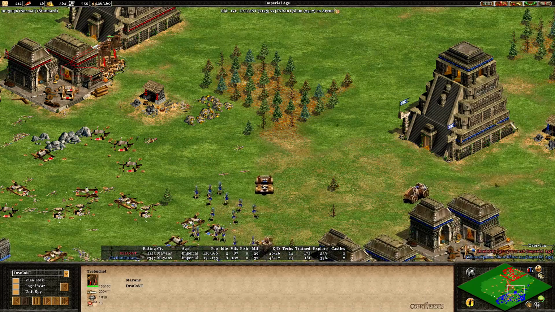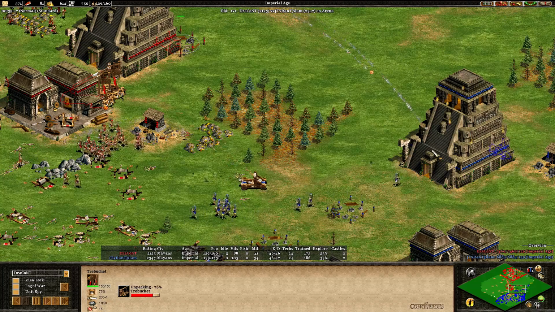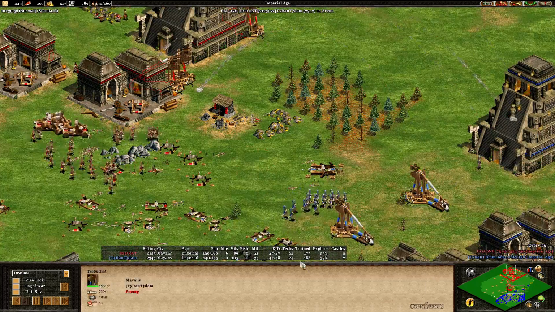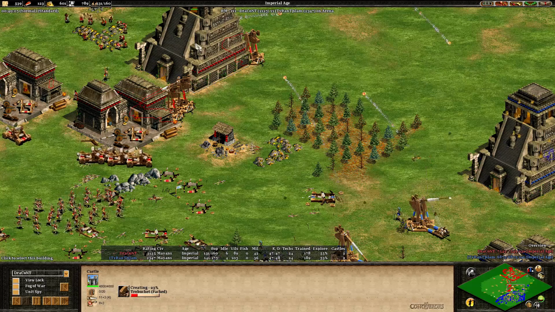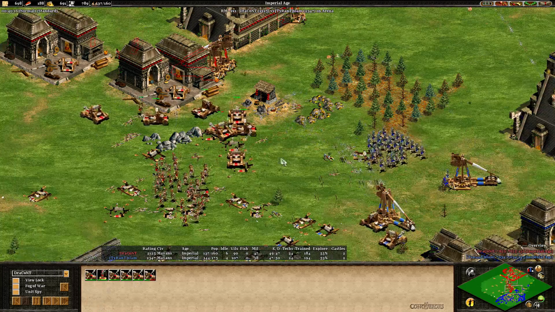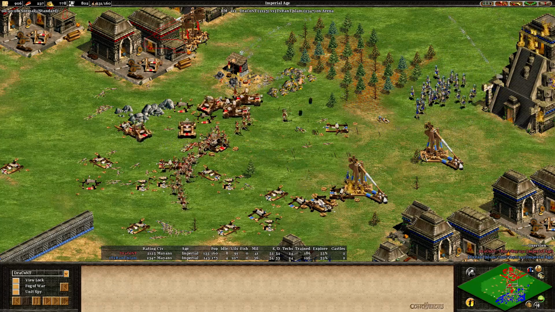And DraConT could go for another castle himself, but he's deciding to use his trebuchets. He's got 3 trebuchets from the start to attack another castle from Slam. This one is going to go down pretty fast as well. Slam 2 trebuchets, but he's not attacking the castle, he's counter-attacking the traps, and that's usually not the best thing to do. Now there's again 7 Onagers, and DraConT moving forward, taking on Onager 1 for 1, 2 for 1,